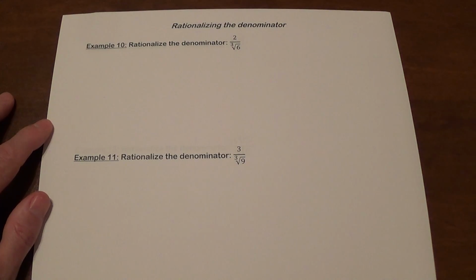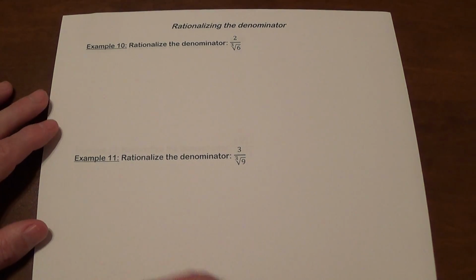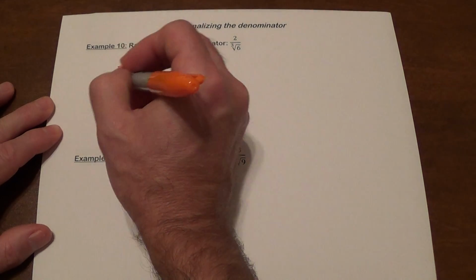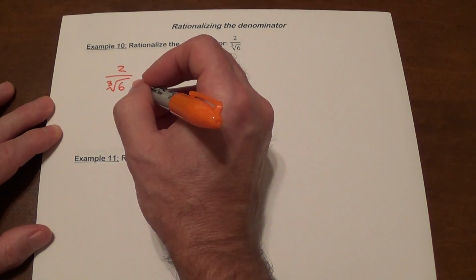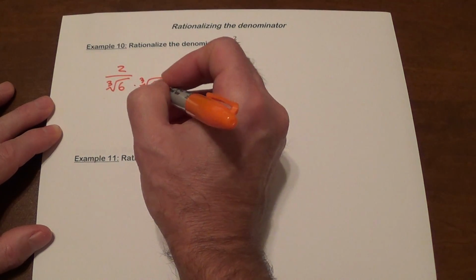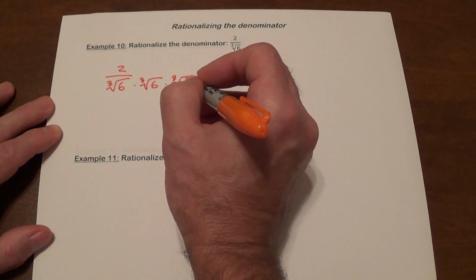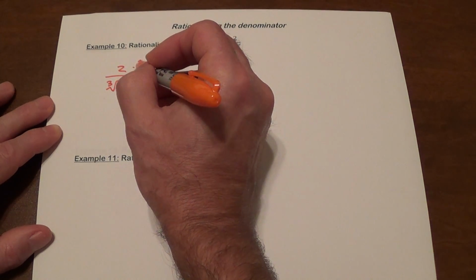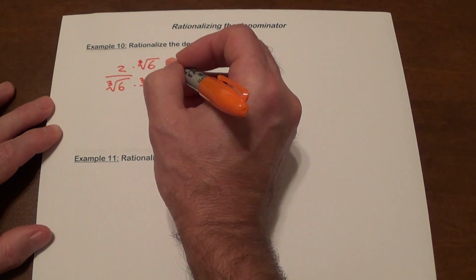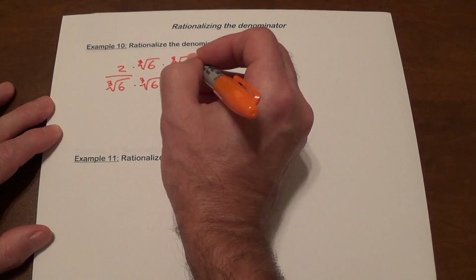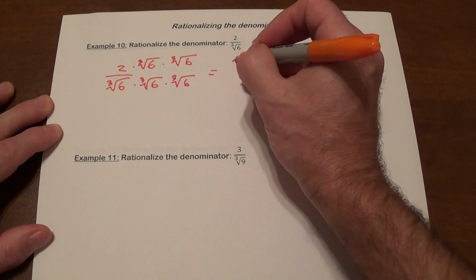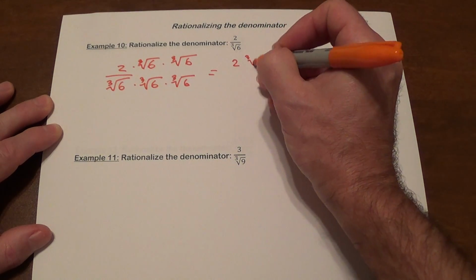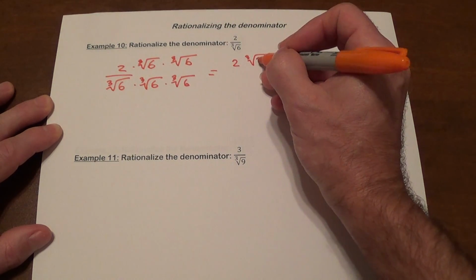Alright, moving on. 2 over cube root of 6. So we got 2 divided by cube root of 6. We already know we should multiply by 2 of them. So times cube root of 6 times cube root of 6. And the same thing in the numerator, times cube root of 6 times cube root of 6. So what are we getting? In the numerator we're going to get 2 times the cube root of 6 times 6, which is 36,